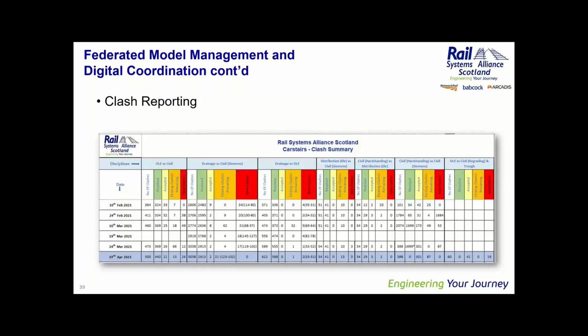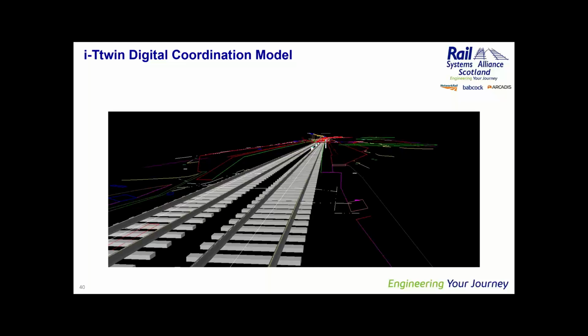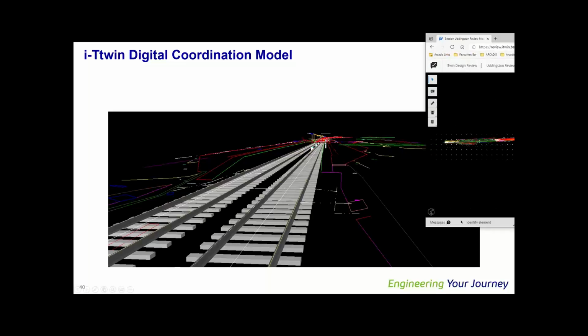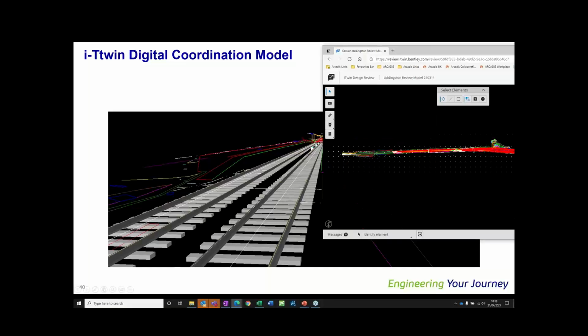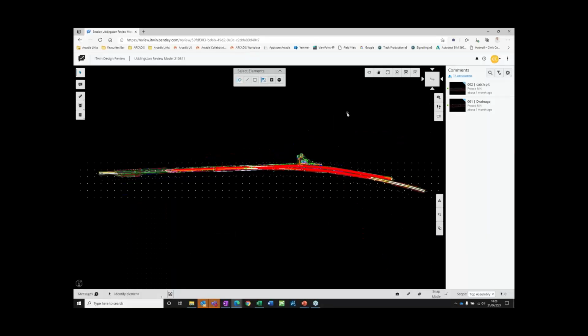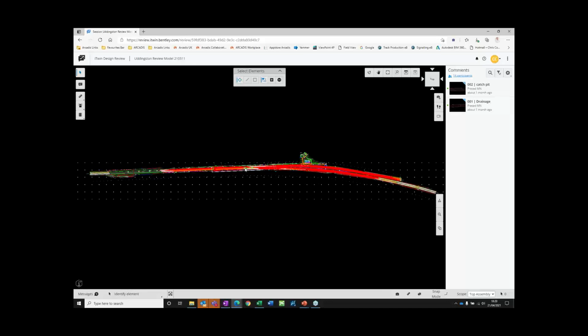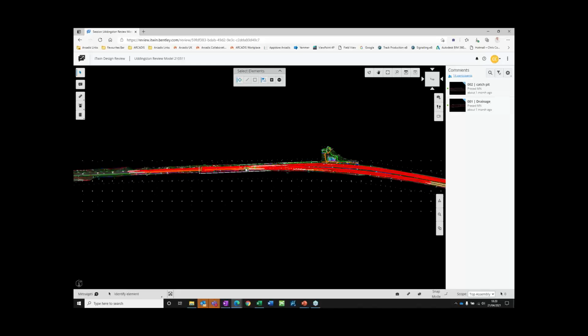I also mentioned that we use iTwin digital coordination models, and I do have one of them open on my other screen. So iTwin digital coordination models are a Bentley offering. And within this, you can bring your federated model in, and you don't need to have any software installed.